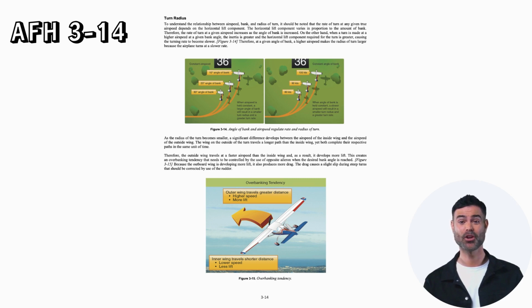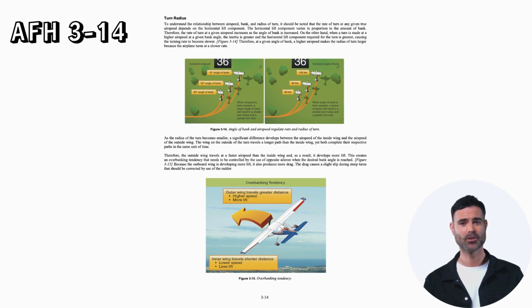As the radius of the turn becomes smaller, a significant difference develops between the airspeed of the inside wing and the airspeed of the outside wing. The wing on the outside of the turn travels a longer path than the inside wing, yet both complete their respective paths in the same unit of time. Therefore, the outside wing travels at a faster airspeed than the inside wing, and, as a result, it develops more